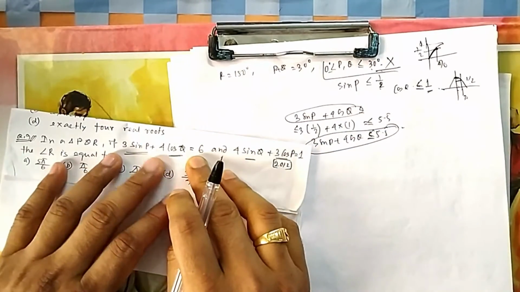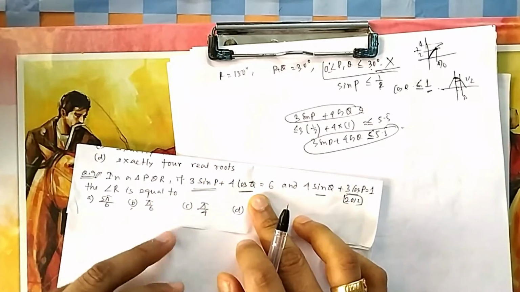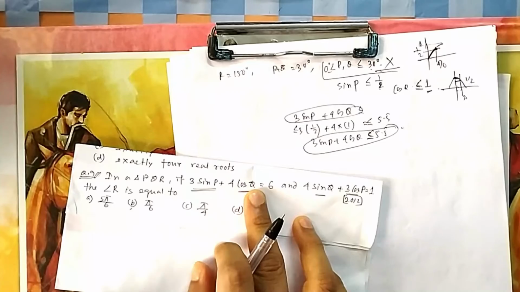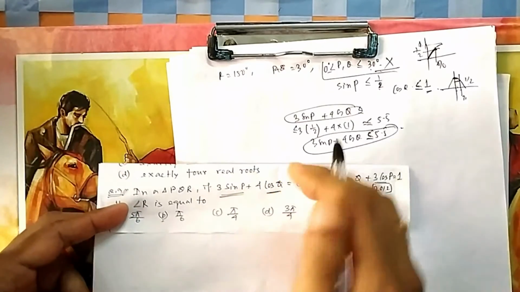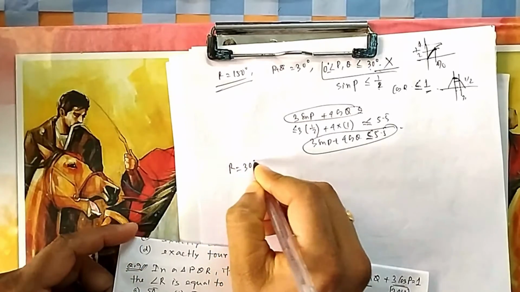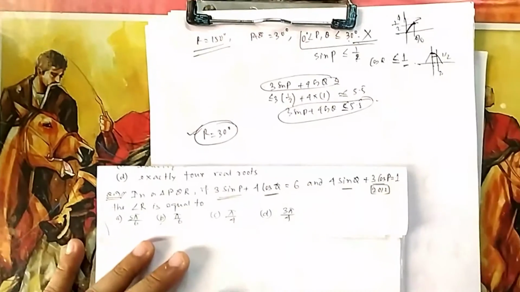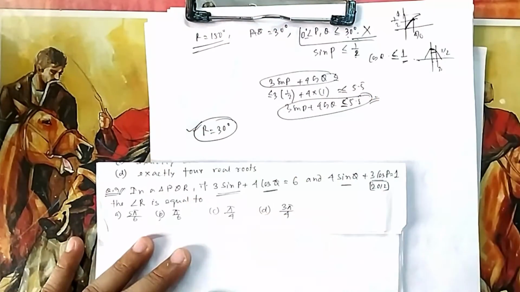So that is why this is not the correct answer. You can see, that's why you cannot go with r equal to 150. That means the one thing left is r equal to 30. You can also cross check now by substituting, but there is no need, because you got two answers, one is not satisfying, so obviously the second one is satisfying.